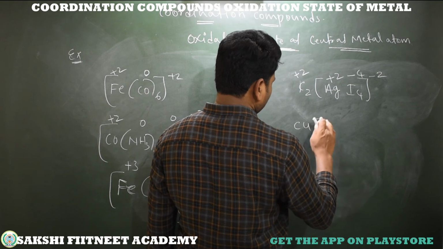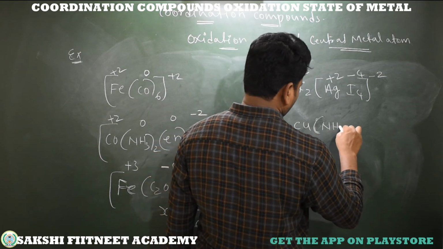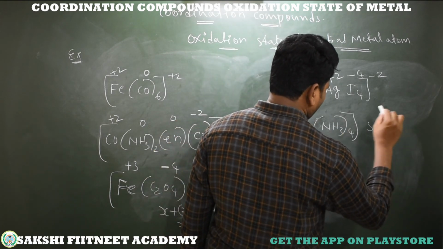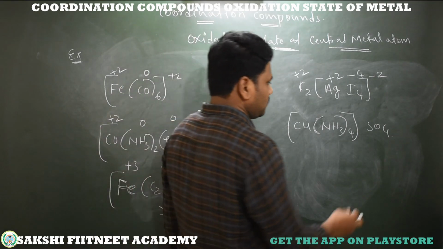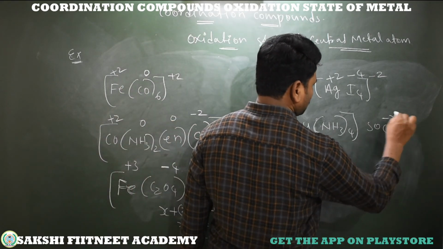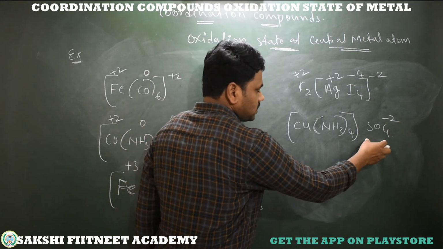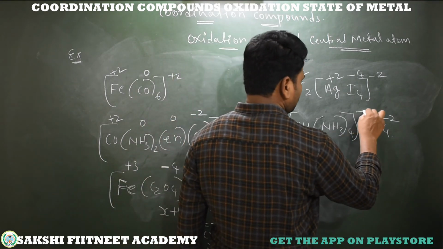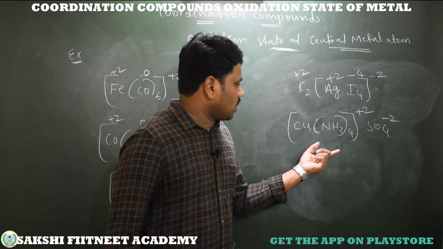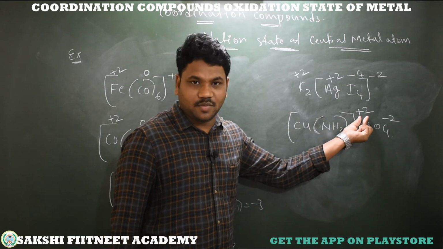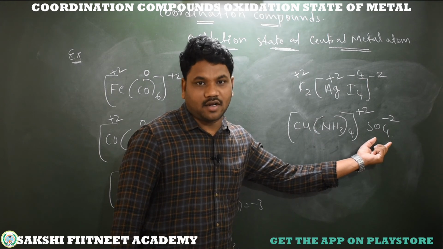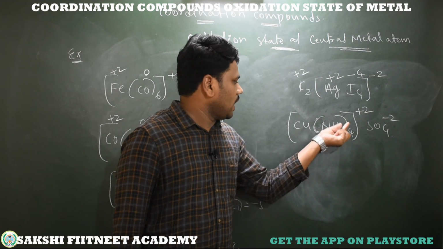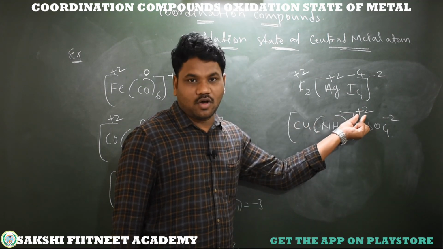Now see here, copper, which has 4 ammonia ligands, and that is neutralized by sulfate. Here sulfate obviously gives -2 oxidation state. So -2 oxidation state means what about the total oxidation state of this coordination sphere? Must be +2. Then this coordination sphere is a cationic coordination sphere neutralized with a negative counterion, that is SO4 -2. So now we need to calculate the charge of the metal to balance the +2 oxidation state of the total sphere.